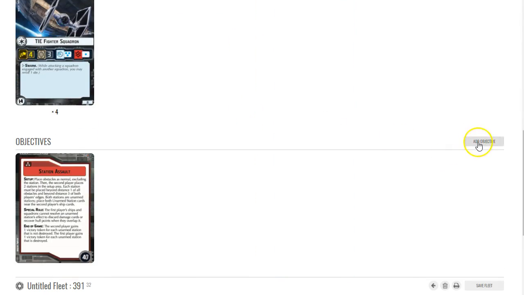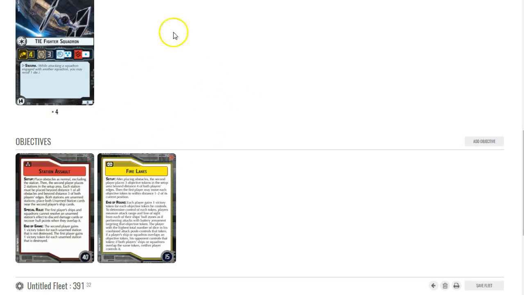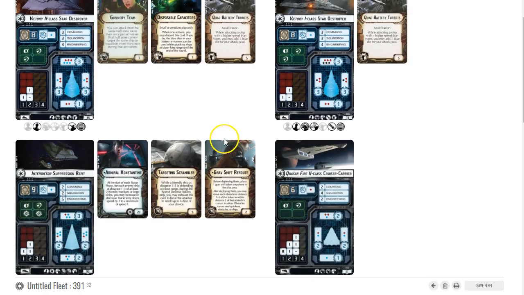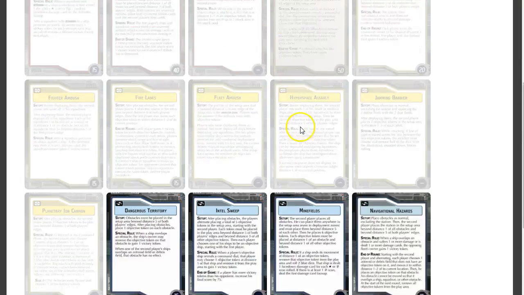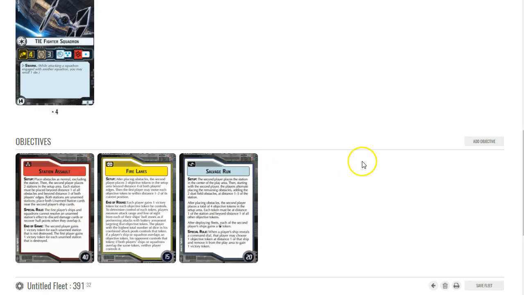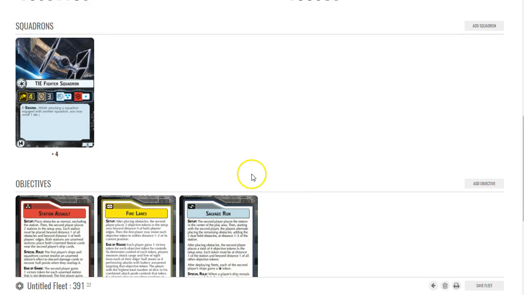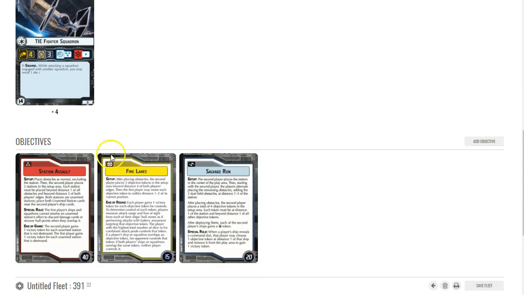So after station assault, we're going to add fire lanes, because we do have a lot of side arcs and front arcs, and we can easily just take all of those control points. We can just put them all close to each other, and then for this one here, we're going to go with salvage run. These would be better if I had Lambdas, to be honest with you, but still, salvage run is still very helpful with the interdictor,